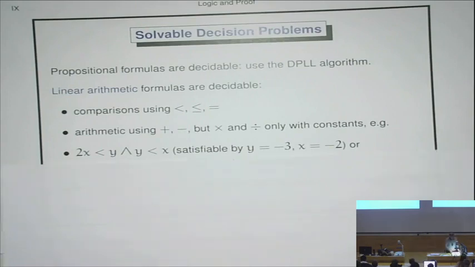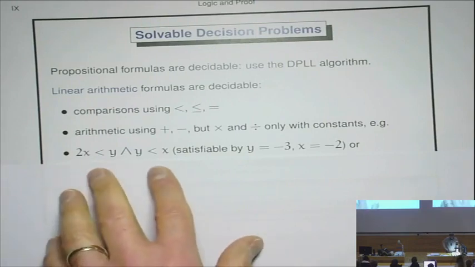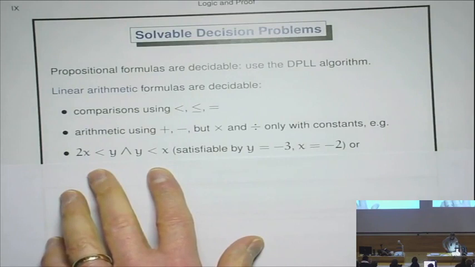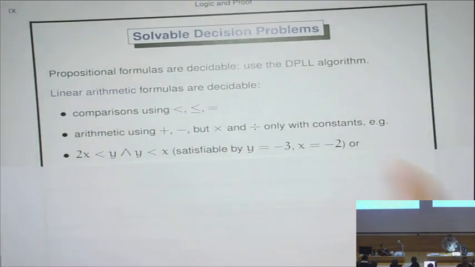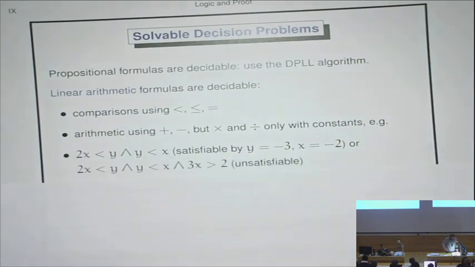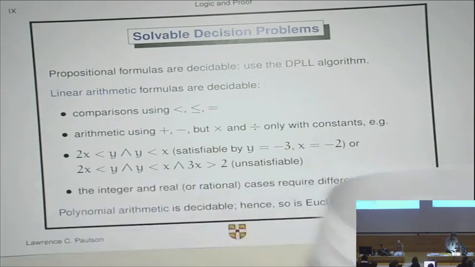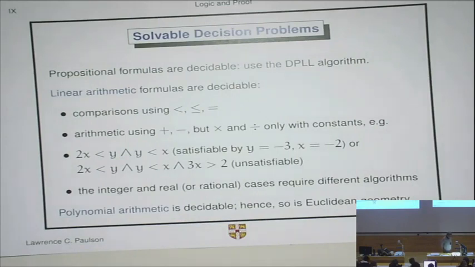So like this first example here, maybe I didn't sleep well, but I can't see immediately that this is satisfiable. Luckily, I put the answer right on the slide. You can work out the numbers for yourself. Equally, that this is unsatisfiable is not obvious to me, and then it's also harder for you to work it out for yourself, but if you want, you're welcome to try it. And it turns out